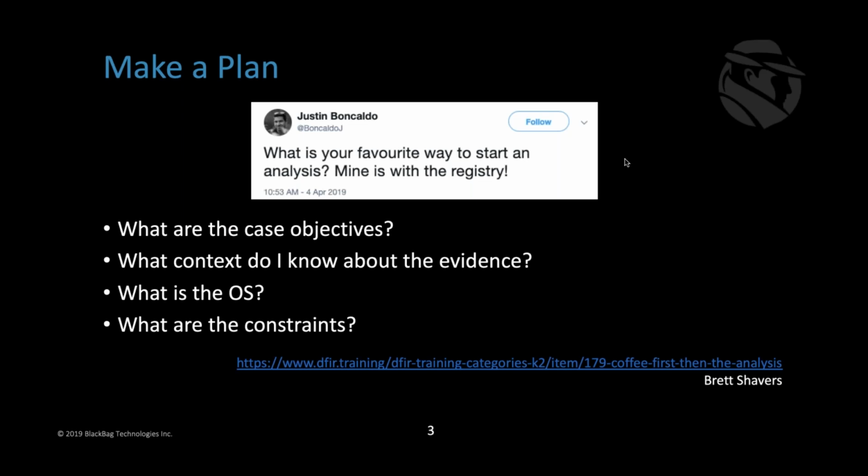And the last point is, what are your time constraints? These could be resource constraints, these could be time and cost constraints. Sometimes they're not actually looking for everything, they just want enough to move to the next step. Or there might be places where they don't want to see anything from unallocated, things that have been carved out, because those are too hard for them to move forward with on the investigation. So they might have some parameters that can help limit what you need to do. Another example of this would be time constraints with search warrants or other processes where you're only allowed to look at certain amounts of data.